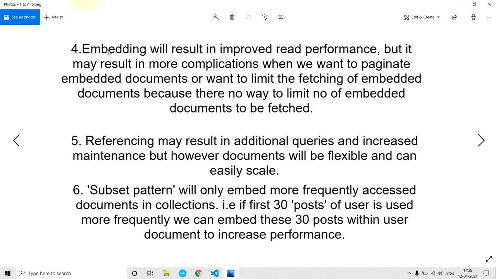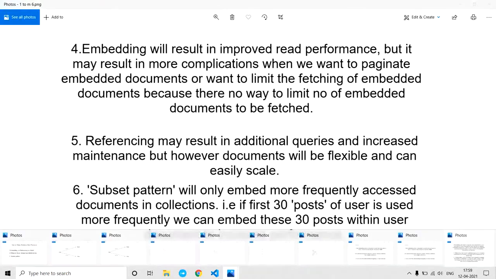And the next point is that embedding will result in improved read performance, but it may result in more complication when you want to paginate embedded documents and limit the fetching of the documents. So this is pretty straightforward.